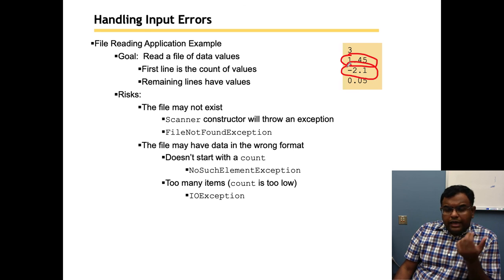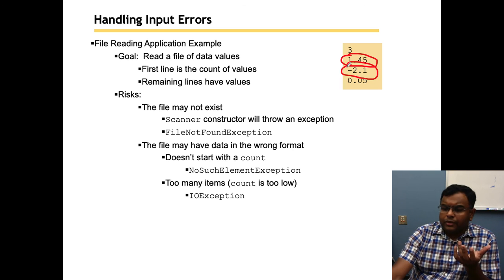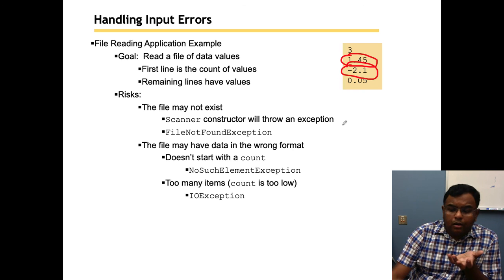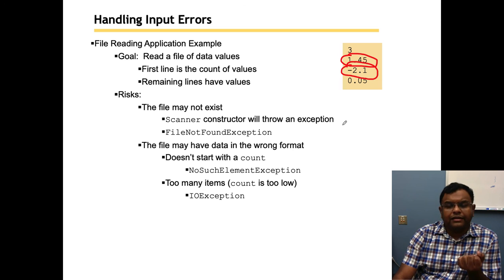So there will be this kind of error. And it may also happen, let's say you try to read some name and then some value, but on this line those two things are not there, so a no such element exception will happen. So when you understand what kind of error there can be, then you should always try to put the try catch